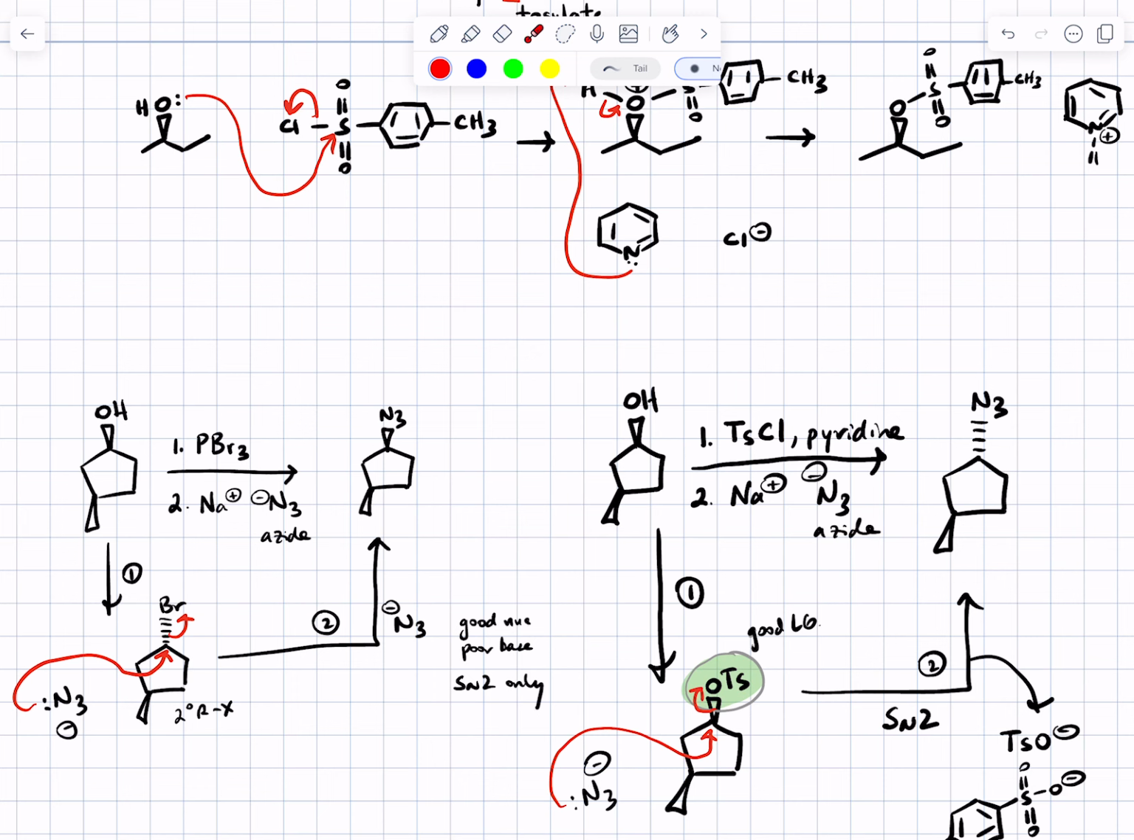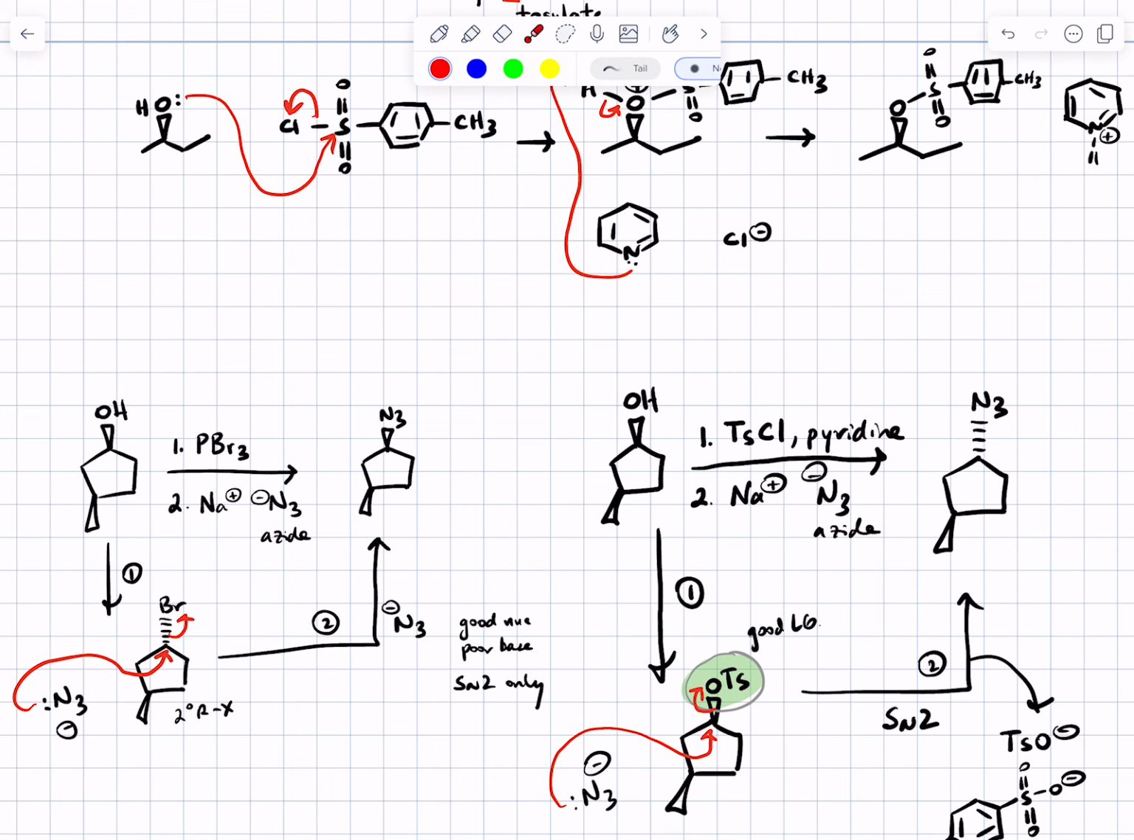Okay, other questions? Yeah? Would this happen in a tertiary carbon? Right, so would it happen with tertiary carbons? No, because you can't do SN2 at tertiary carbons. So sure, these reactions would be useful for secondary